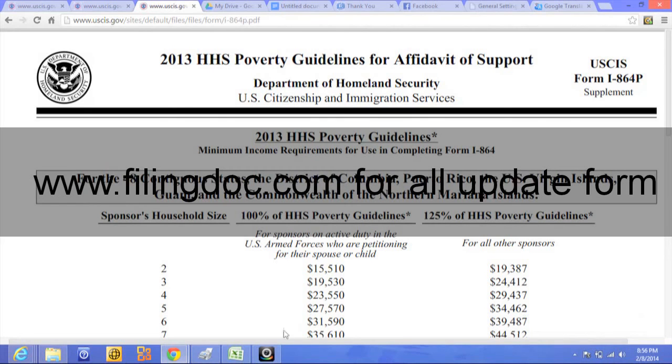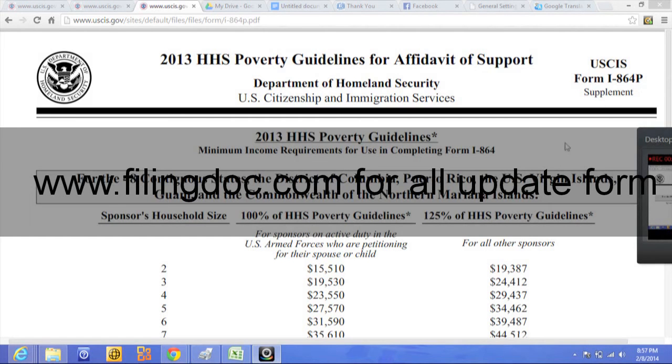Okay, let's see. Okay guys, our reference is going to be this table. They call it the poverty guidelines for affidavit of support. This is going to be our table to find out if we have enough money to sponsor an immigrant. Before filling the form, we should find out if we have enough resources to do that. This table is going to be our guideline. They call it the poverty guideline for affidavit of support, and the form is